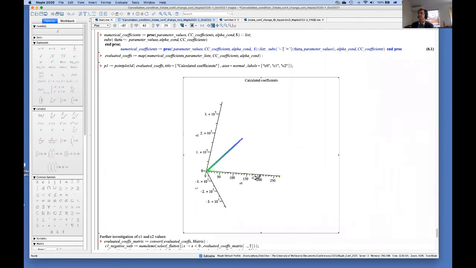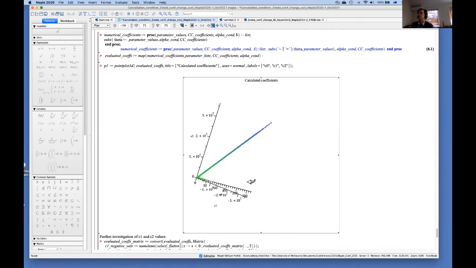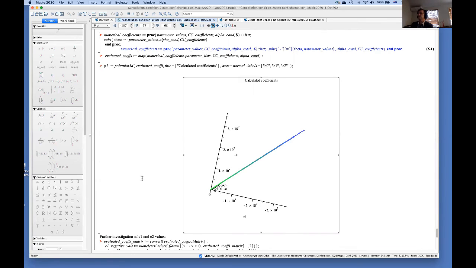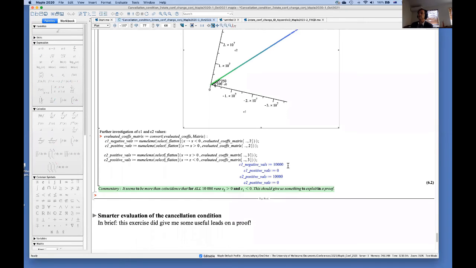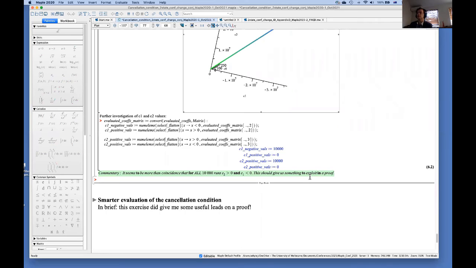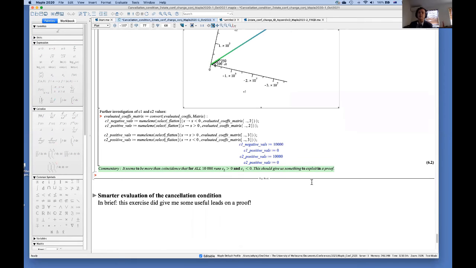And if we consider that, we can see that C0 seems to be positive all the time. C1 seems to take negative values, and C2 seems to be positive. So that seems kind of a remarkable coincidence. And if you went through it, it turns out that C1 out of the 10,000 times is always negative, and C2 is always positive. So if I'd known that, it might have given me a bit of a head start on a profitable direction to pursue for the proof. And I think I know how to make a nicer proof now. But there's certainly more than a coincidence there, you would think, and that might be something useful to follow up on.